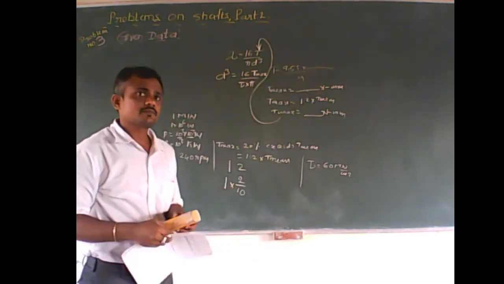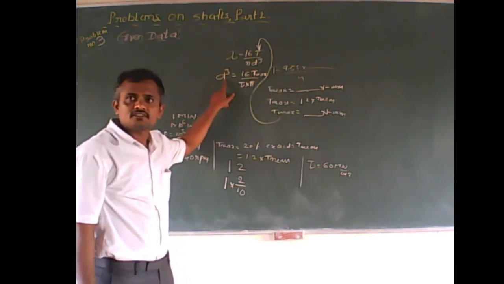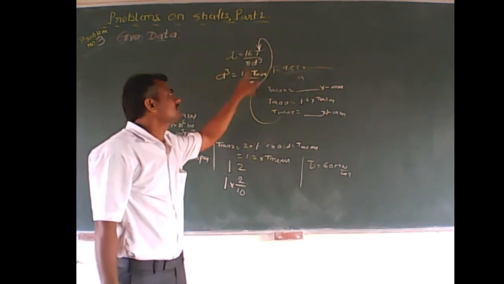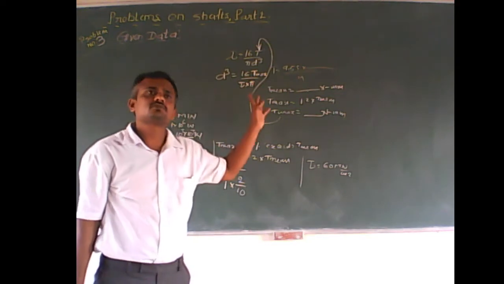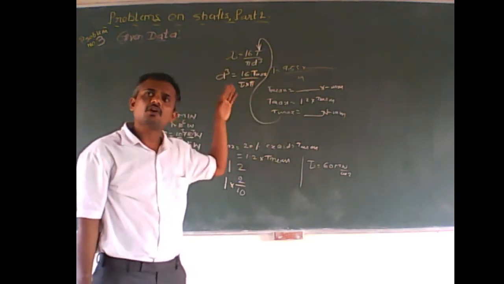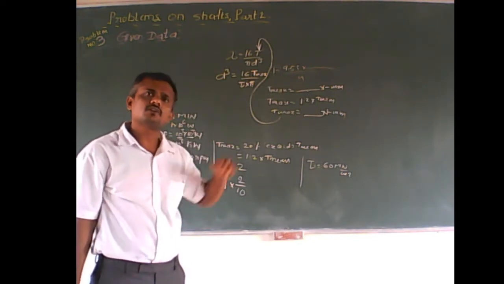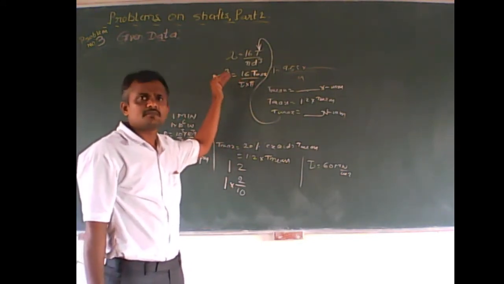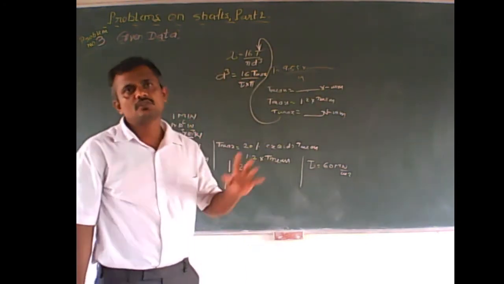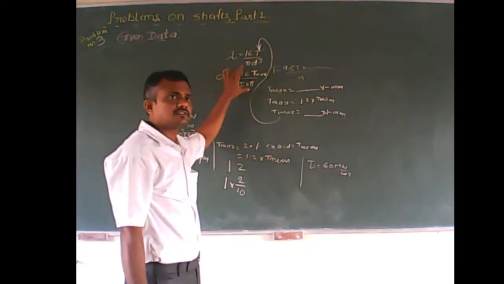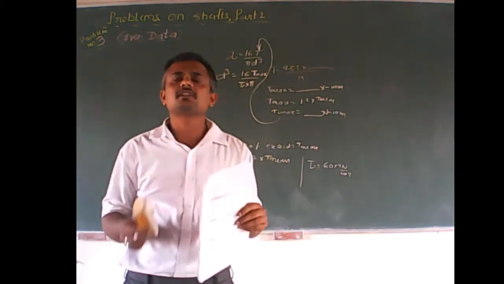So what can we understand from this? If T max is more, the diameter, I mean the size of the shaft, is also more. If it is less, your answer will be less. Therefore, be careful while substituting, no matter whether it is in this problem or in any problems that come in the next chapters. All these procedures are the same kind of problems you can expect in the coming problems. So be confident while substituting T max and get the diameter. Ultimately, how much answer did you get? How much did you get?